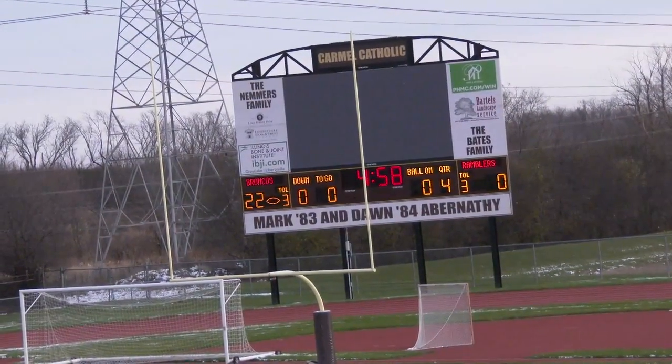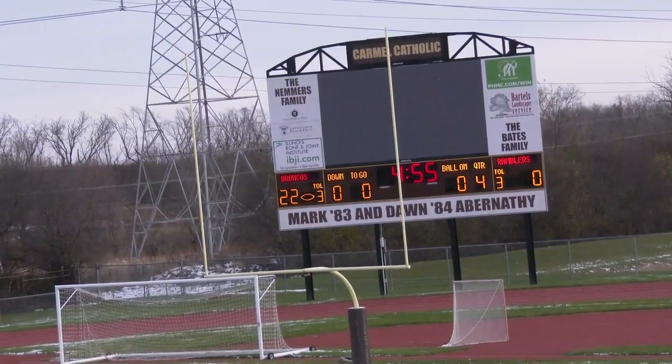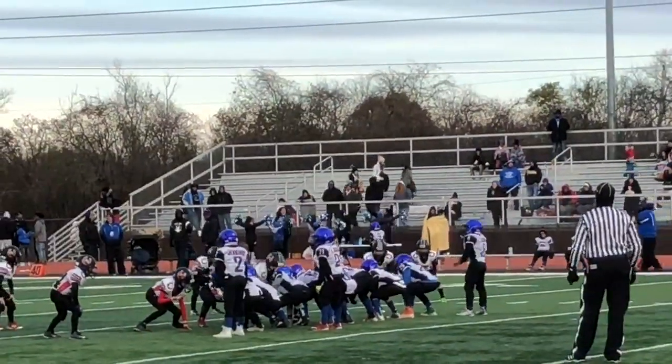There you see it, 4:58 left to go. Beautiful scoreboard here at Carmel Catholic High School and Baker Stadium. Right, back to